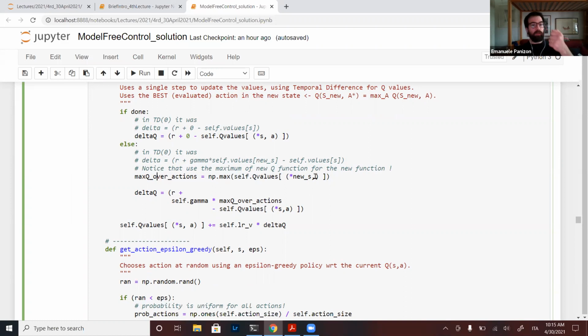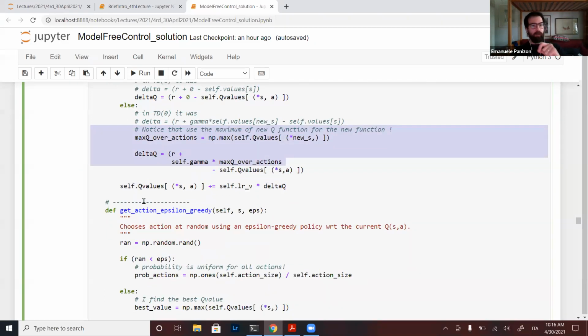So I go to the new state, look at the Q values in that state, which is an array over all actions, and I take the best. I do not take the one I will follow in the trajectory, I take the best. Then delta Q is just reward plus gamma, the discounted best over the new actions available, minus the old Q value. The update is exactly the same as before. So the structure is the same, and these two lines of code change the algorithm from on policy SARSA to off policy Q-learning.